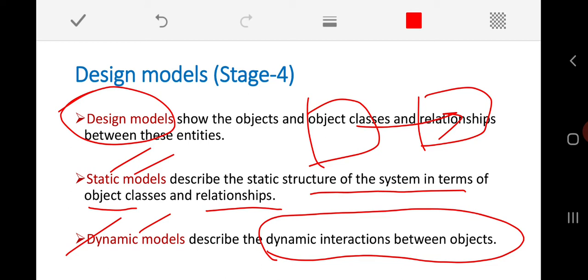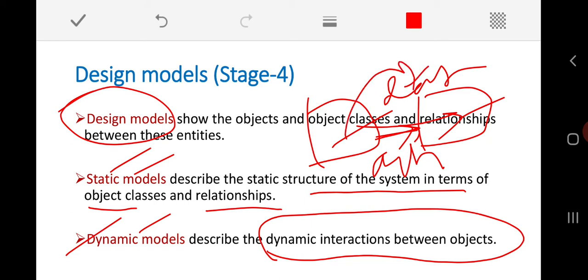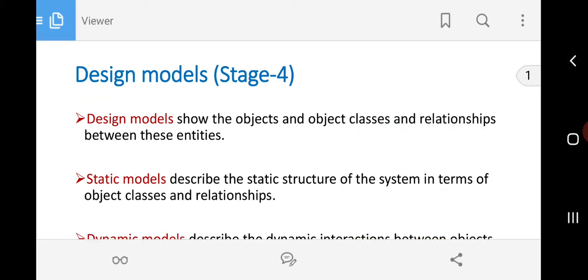Exactly what data is flowing, or what activity is taking place between this object and that object, or, because of something happening, how an object changes its state from one state to another. Such dynamic nature can be exhibited using dynamic models. This is the difference between static and dynamic models.